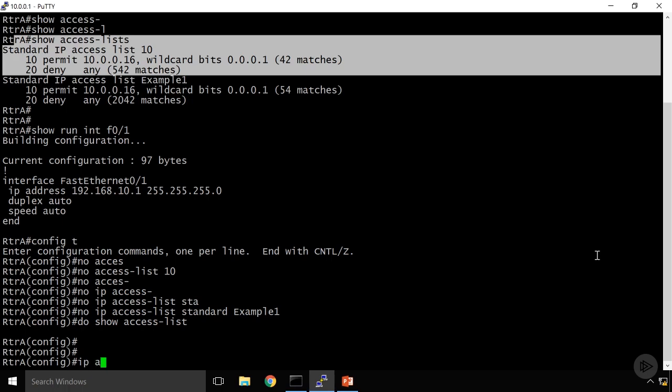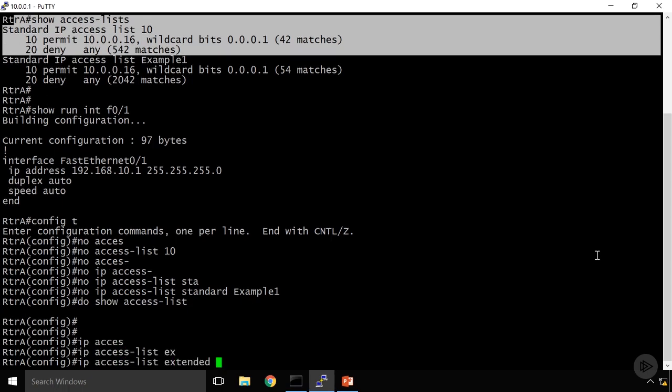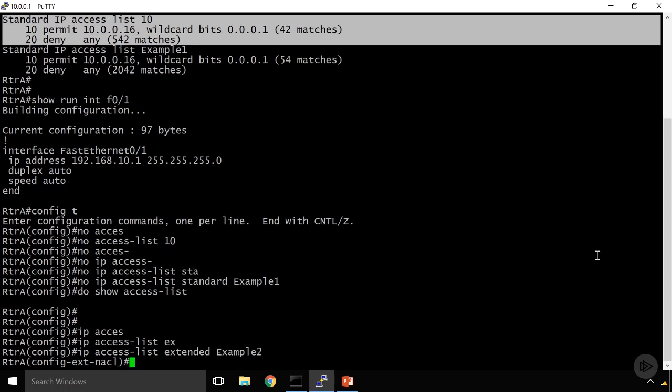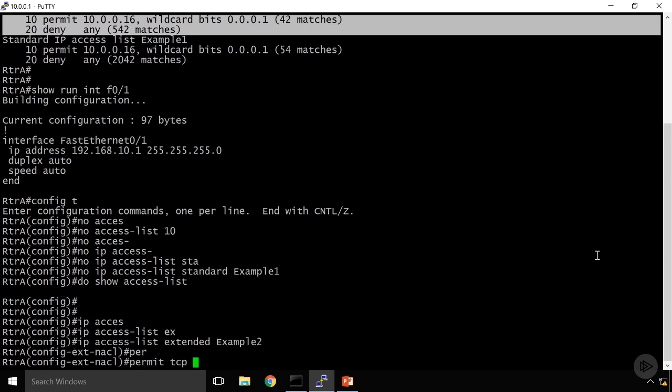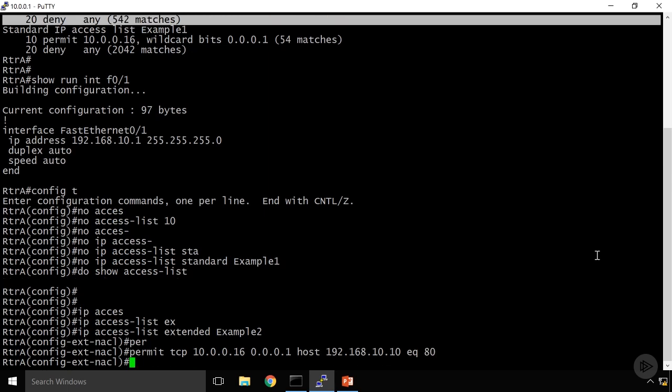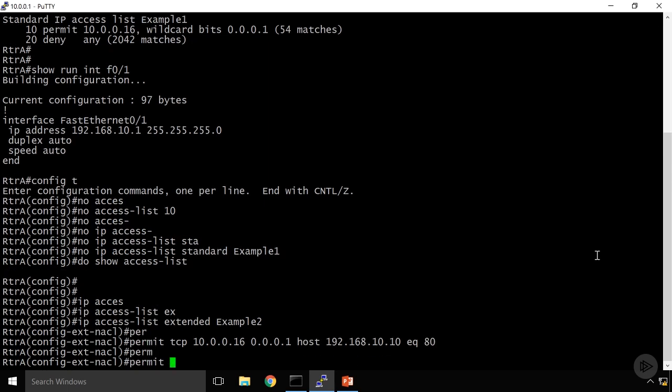So I'm going to say ip access-list extended, and we'll give this the name of example 2. Now we're going to start writing those lines of our access list that we built from that table. So we say permit tcp host 10.0.0.16 with the wildcard mask of 0.0.0.1 going to our host address of 192.168.10.10, which is our web server, on port 80. The next line, permit icmp from those same addresses